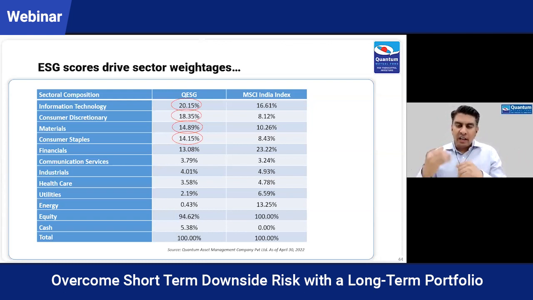Materials, again, given the cyclical uptick, there will be need for more materials, and therefore demand for materials may remain strong, and therefore we have a higher weight in that sector. And we also have higher weight in consumer staples, which we have increased post the correction. We did have a higher weight. We have further increased that post correction, given that there are a couple of new names which are looking attractive, and we have increased allocation to that. We are underweight financials. We are almost equal weight industrials. We are underweight healthcare and utilities in our portfolio in the ESG fund. So in a way, given the economic revival that we are seeing, it is also positioned to benefit from that economic upswing that we may see in the economy.